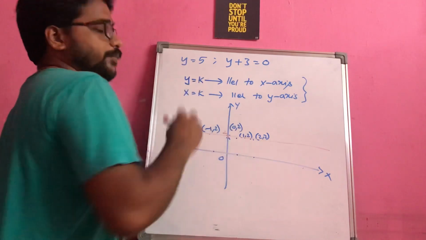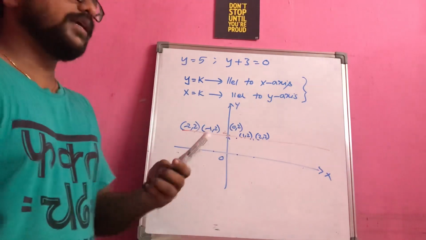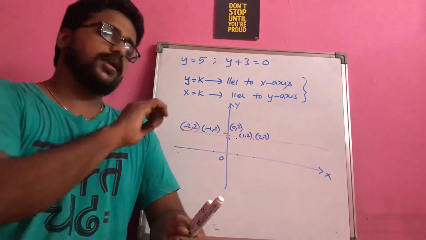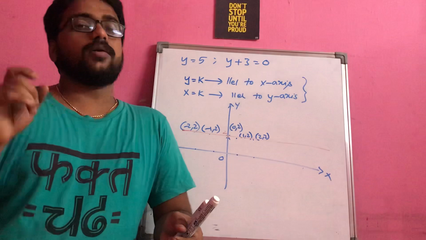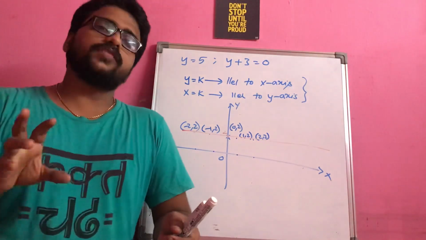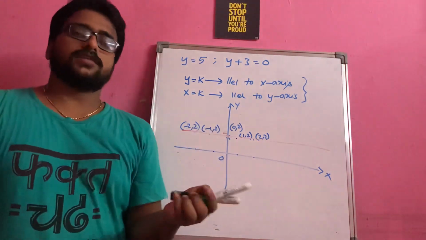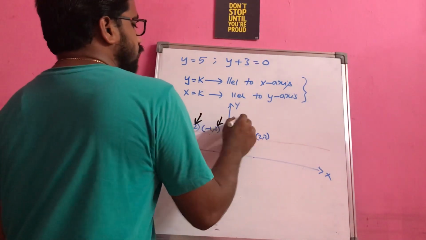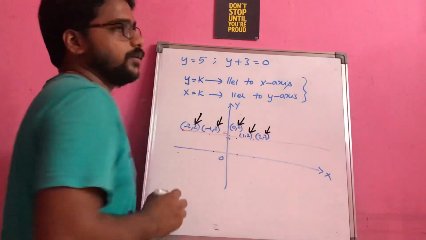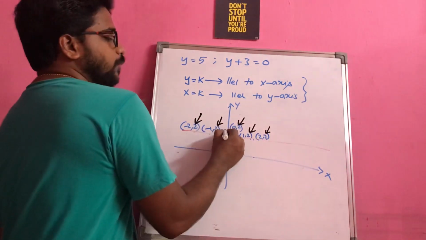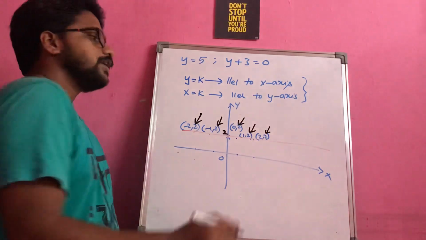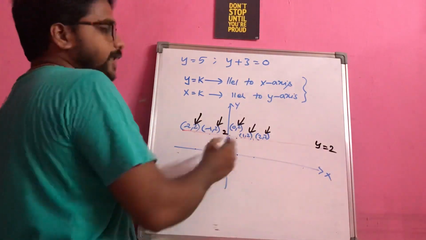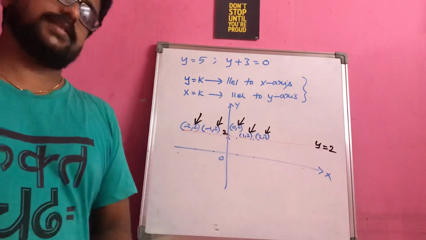An equation is something which is satisfied by any given point on that particular line, and which is common or the same for every point. If you observe here, for all these points the value of y is 2. So y is only 2 because the line is passing through the point 2. That means y is equal to the constant 2 is the line which is parallel to the x-axis.